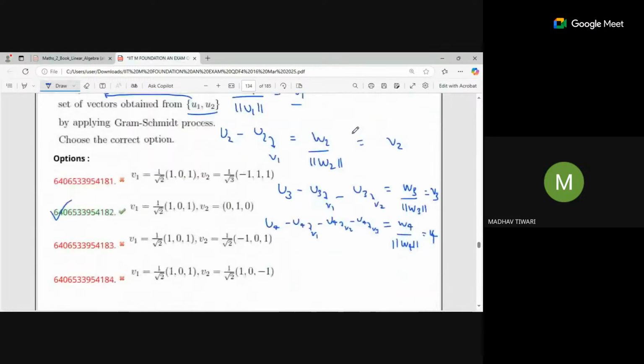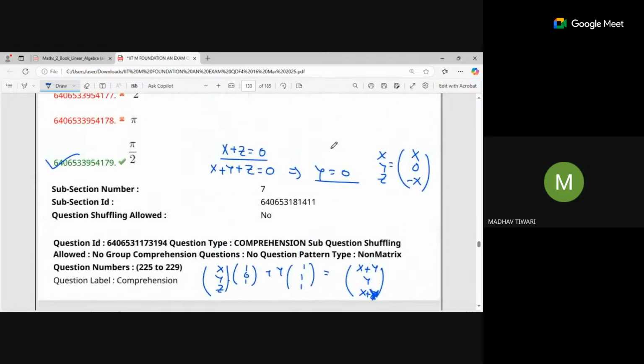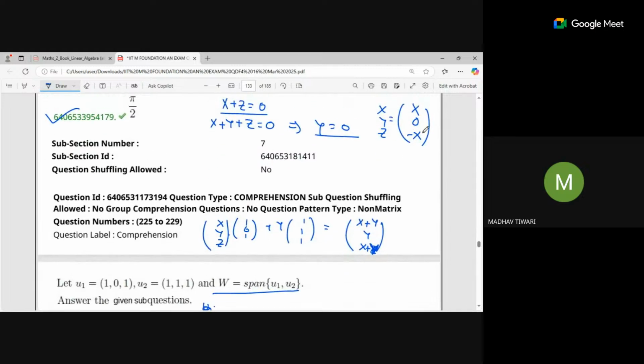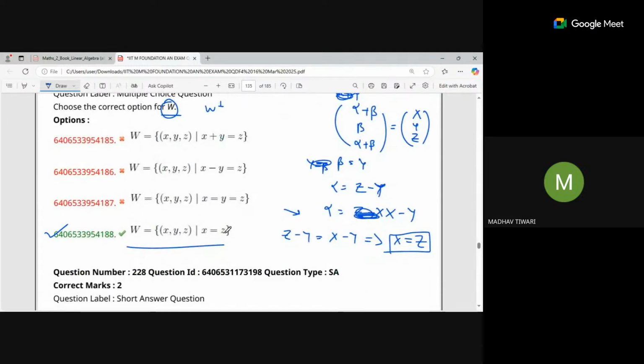That's all. But what do we have to find out? We have to find out x equals 0. Okay. So you can continue with this. Because W perpendicular we don't have to find out, you can do this line. That's okay. Or you can check the null space of this. What is going to be the null space of this? This is going to be the same as that one. Null space of this,